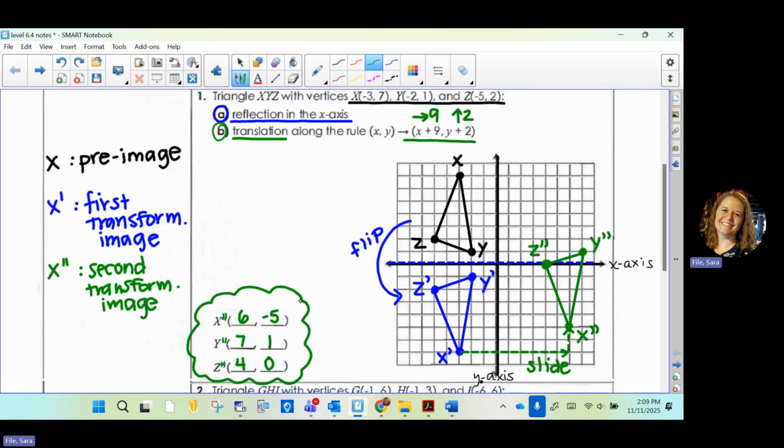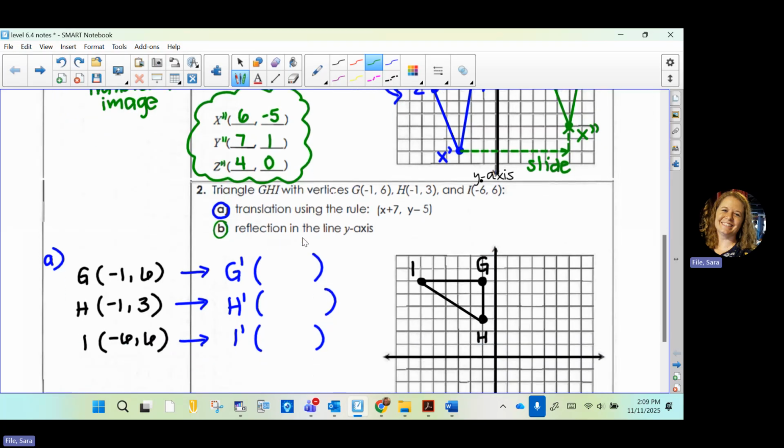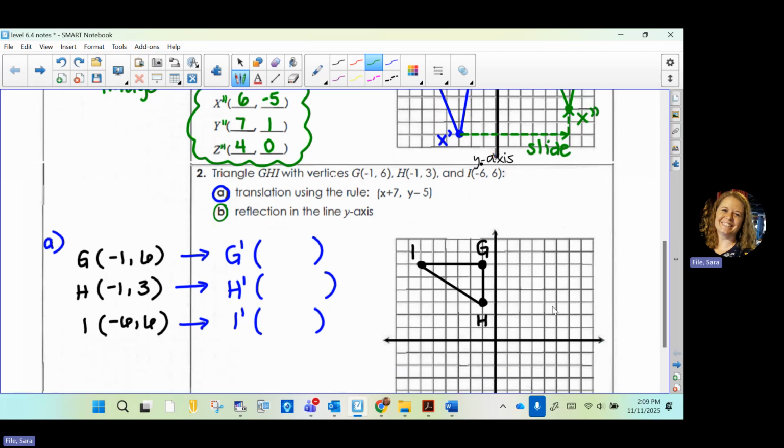That's the graphing method. Now the other method, which I think some of you are going to prefer over graphing, is the more algebraic method that I'm going to do in number 2. To do a more algebraic method, you can graph the pre-image, which I've already got on here, but you don't have to. You don't have to graph anything if you're doing the algebraic method. So in the algebraic method, all you would have to do is take your original coordinates and follow the rules. We have rules for each type of transformation. So this translation rule,